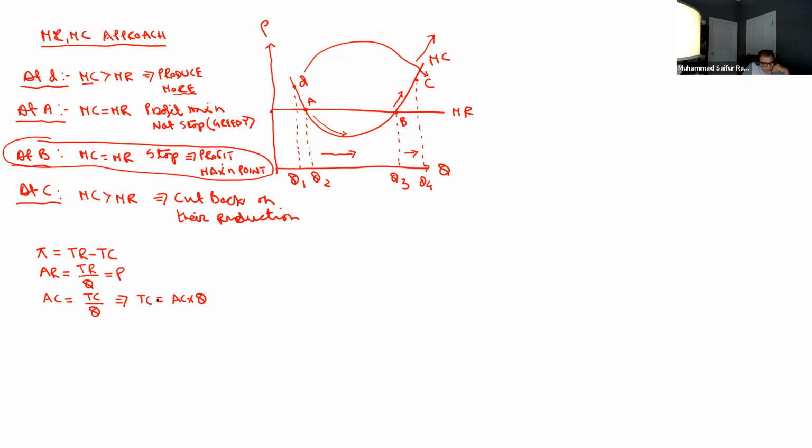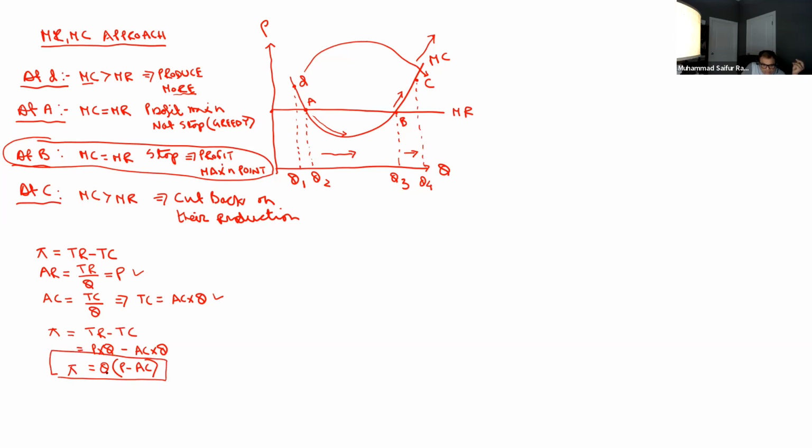So with those reinterpretations of average cost and average revenue, let us define our profit function one more time. So our total revenue can be written as P times Q, and my total cost can be written as AC times Q. I can take a Q common, and my profit function can be rewritten as Q times (P minus AC). So when you look at this equation,